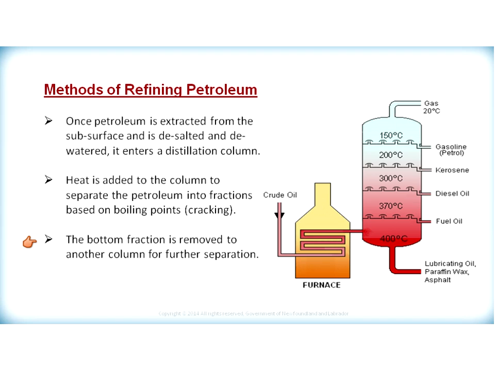So if we refer to the diagram to the right, crude oil is entered into a blast furnace. In the furnace, the crude oil is heated up to temperatures that exceed 400 degrees Celsius. At 400 degrees Celsius, certain hydrocarbons would come out of the gas component, these including lubricating oils, paraffin wax, and asphalt. Once they condense out of the gas component, they will settle in the bottom of the distillation tank and are